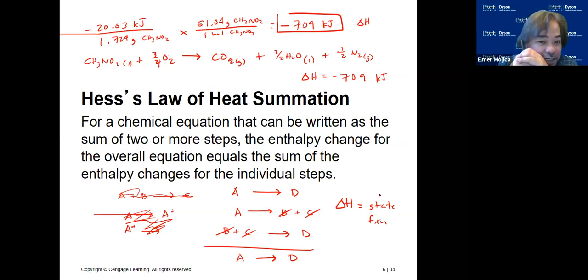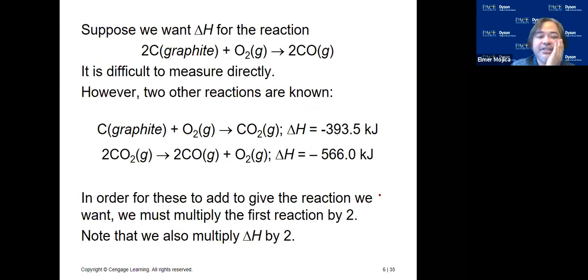Now the main reason why you need to do this one is that not all chemicals or substances or reagents can have their heat of reaction measured. So what you need to do is rely on some known heats of reaction, and when you combine them, it will give you the heat of the reaction that you're looking for. So for instance here,